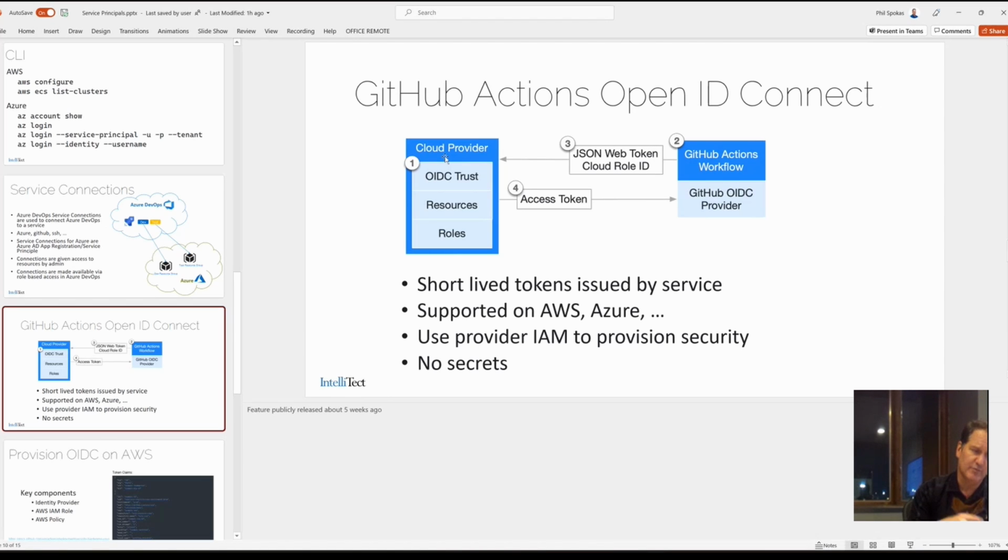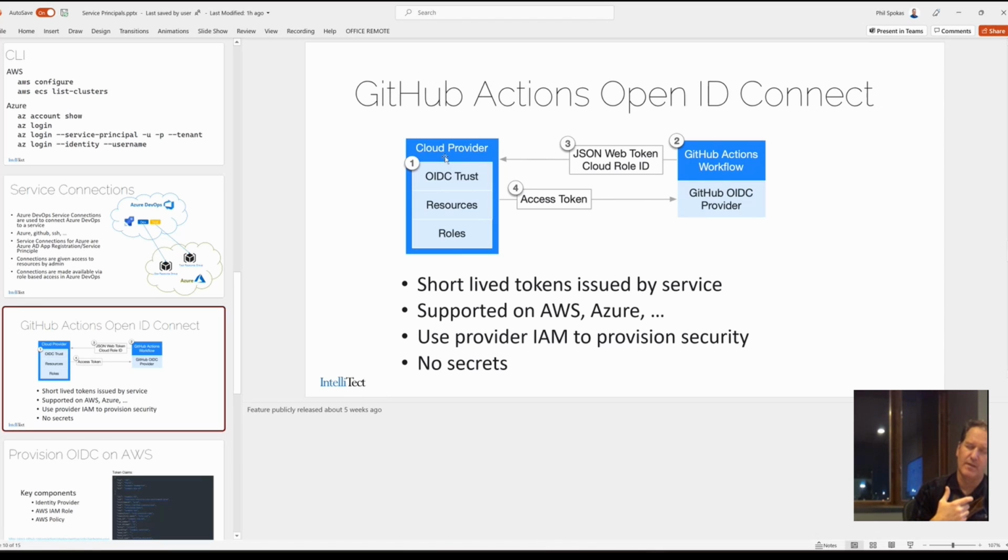In the AWS case, we configure the OIDC for GitHub into the cloud provider. We configure the GitHub action to make this sort of request, and then that request is going to come along with claims. If the claims match up, then the provider is going to return a token. So in this way, we use IAM, access rights, access management,